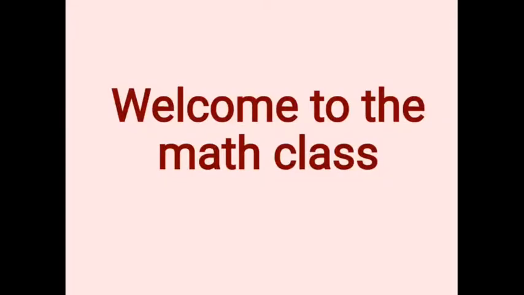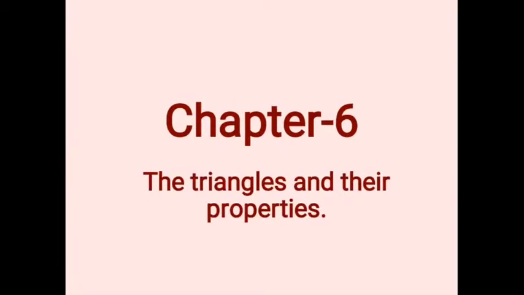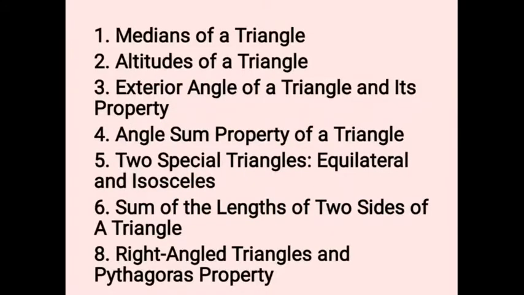So students, you all know that we are doing chapter 6, the triangles and their properties, right? In our previous class, I mentioned that we are going to discuss the last property. Here it is: right angle triangle and the Pythagoras property. Sorry, here the number is incorrect. This will be the 7th property, and we have the next exercise, that is 6.6. So using this property we are going to solve exercise 6.6. Okay, so let us have a look at what is a right angle triangle and the Pythagoras property.